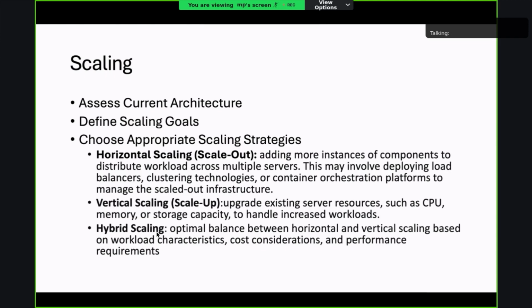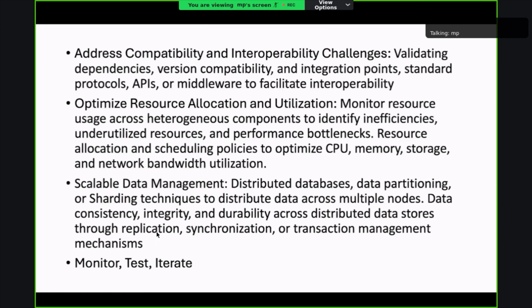The other component that should be taken care of in scaling heterogeneous systems is monitoring the resource usage and identifying the inefficiencies.